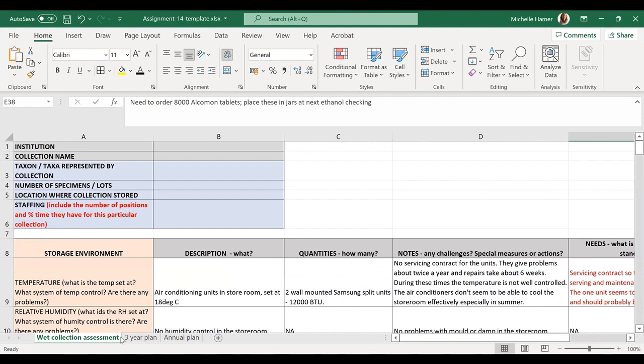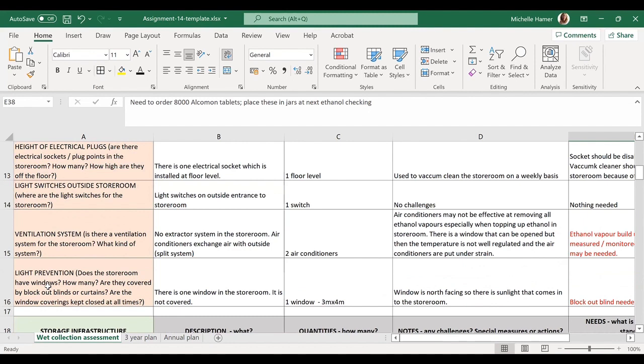So if you're using a dry collection, you can just delete the wet collection worksheet, the other way around. But don't override. There's a few things at the bottom that are not in assignment 10 and 11. And that's about